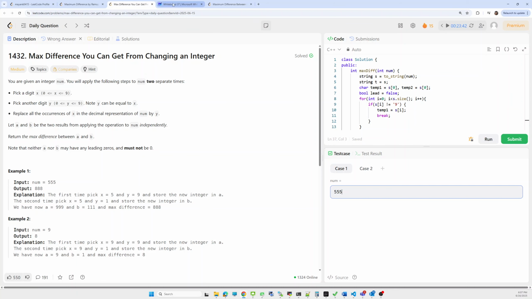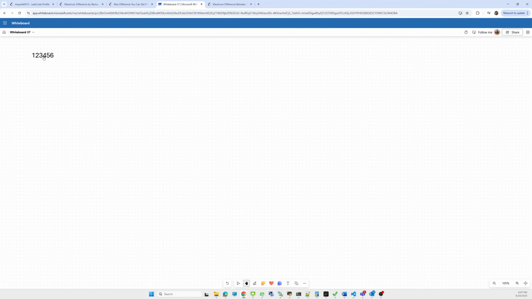But if we consider this example, 1 2 3 4 5 6. Is my screen visible clearly? So what will be our number? 1 2 3 4 5 and 6. Now we have to make it minimum. We take the first character and replace all the occurrences of that character with 1. But if the first character is already the minimum one, then what do we have to do? In that case we have to find the